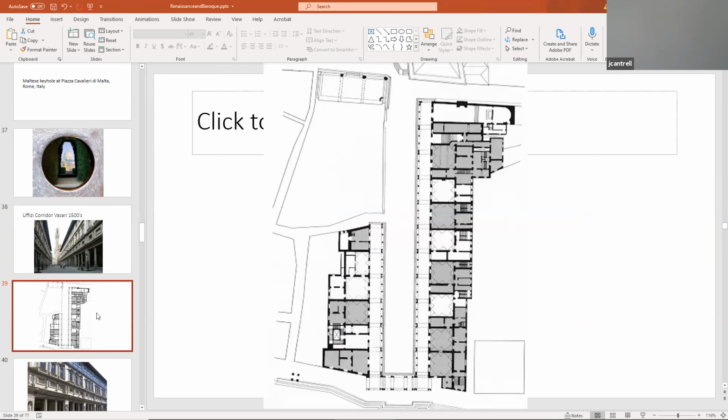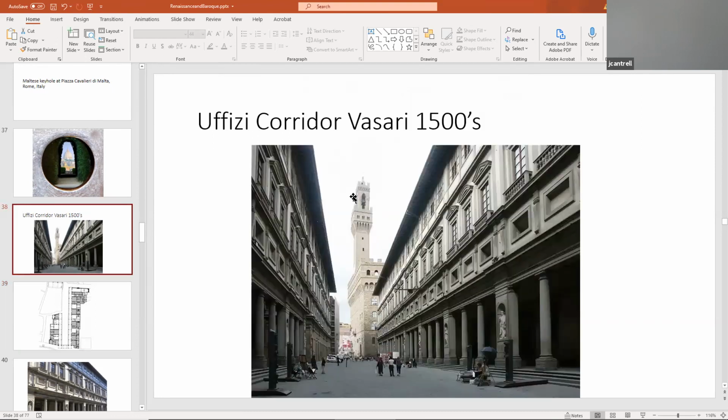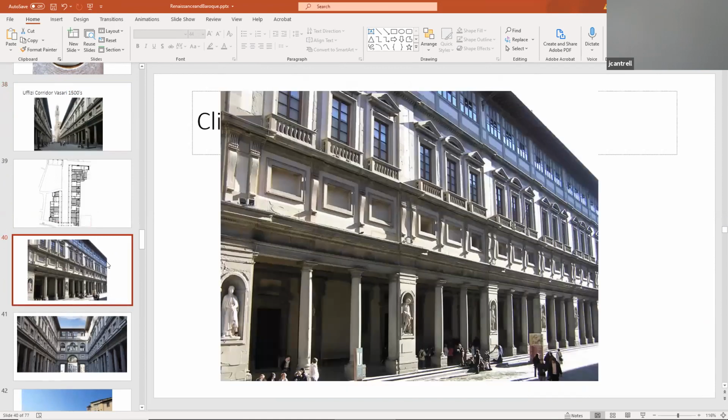And what's really remarkable is that it frames the view from the Arno River facade down to the street where the Palazzo Vecchio, the main city hall in Florence, was and still probably is. But these facades are just absolutely exquisite. It's interesting what Vasari does with the load-bearing piers. He cuts niches in them for dignitaries and sculptures.